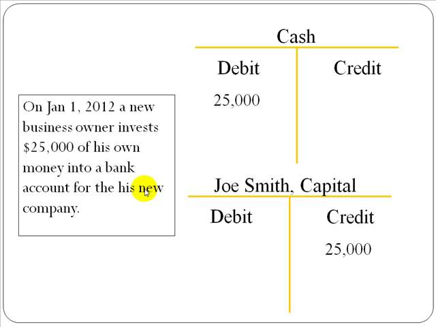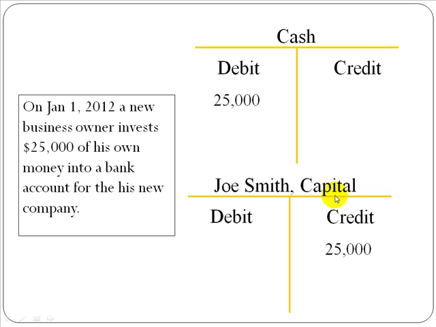Now, let's look at an example of how we would brainstorm a transaction. On January 1st, 2012, a new business owner invests $25,000 of his own money into a bank account for his new company. So we know that the owner invested cash, and we know that when an owner makes an investment, it goes into the capital account. So the owner put $25,000 in cash, so we increase the cash account